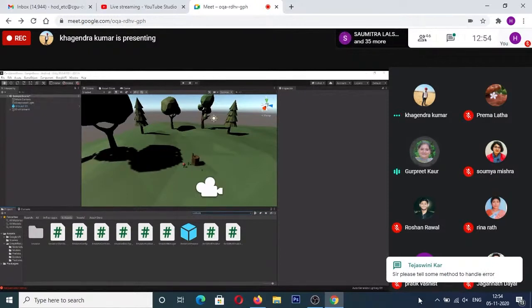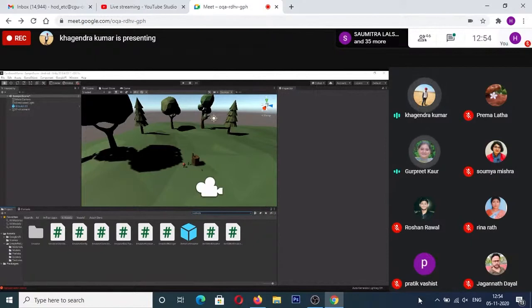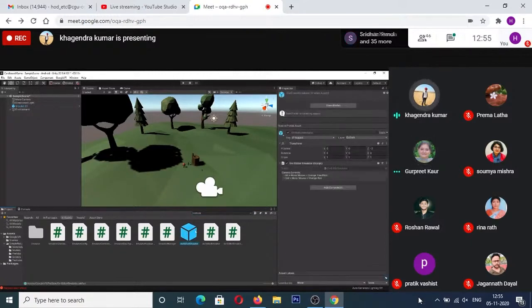I think it will not be there for me, or will it be? No, you have imported the SDK. Since you have imported the SDK, it will be there. Okay. So we are right now in assets. In this project panel, there is a search bar on the left corner. So just search for EMU or emulator. You will get this option, Google GVR editor emulator, with this symbol on top of it. Got it, emulator? So, yes.